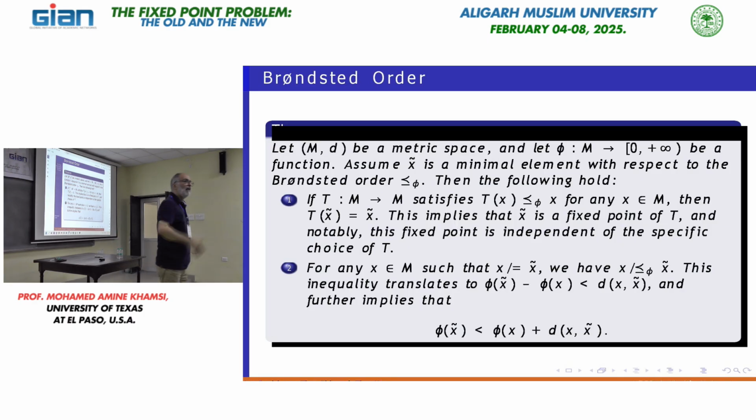Don't think. Oh, wait. What was X tilde? Tell me again about it. Look at it in the theorem. What is X tilde? It's a minimal of what? Of the Bronsted order. So it's the same element in the conclusion of what? Carries T? Same element in the conclusion of what? Oh, maybe there is something there. So who is the first one? Are they at the same time, independent of each other, or not? It happens to be not.